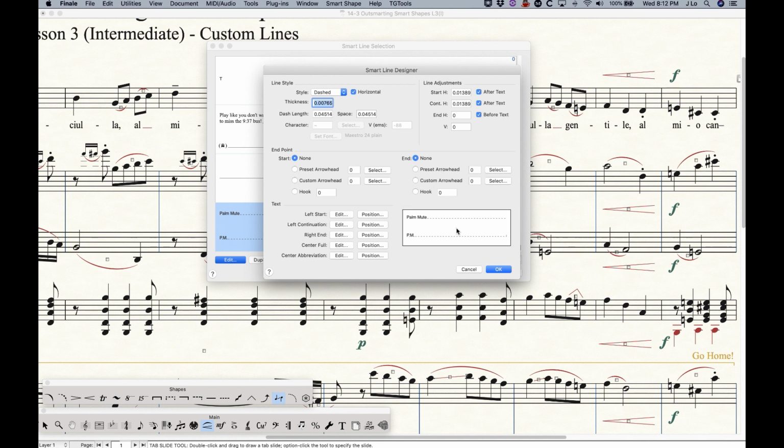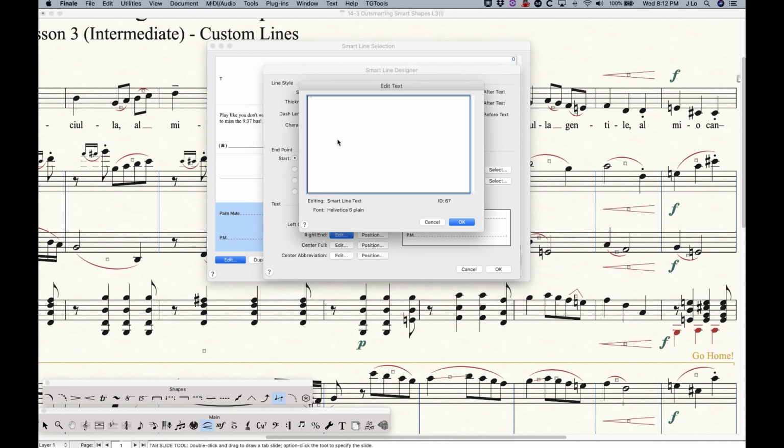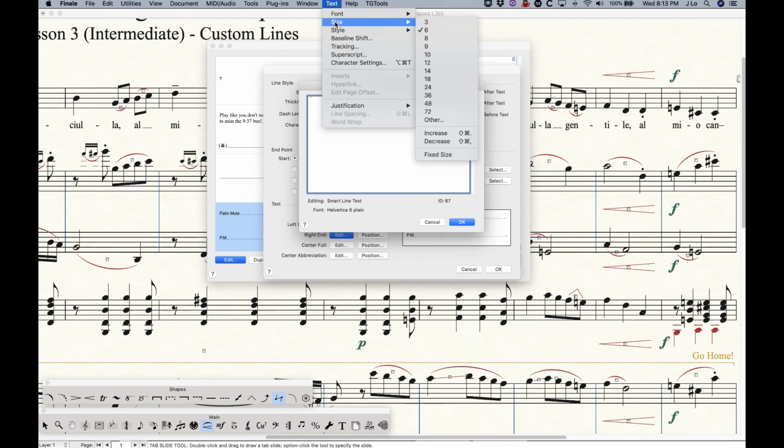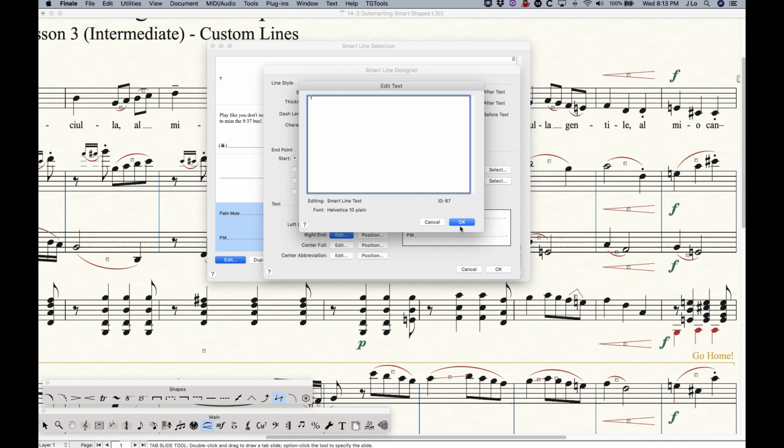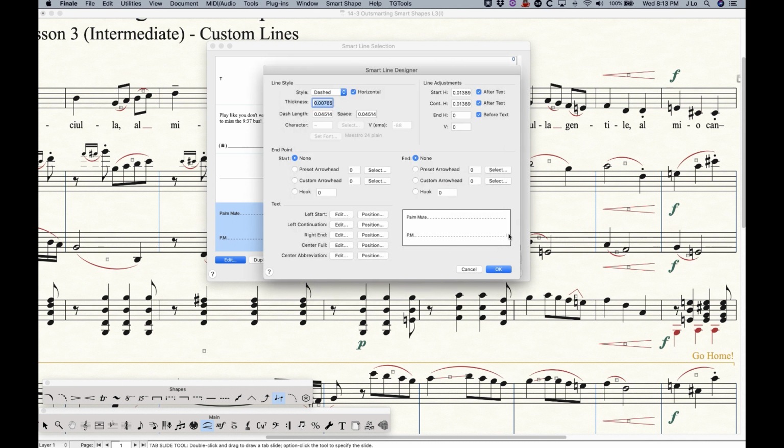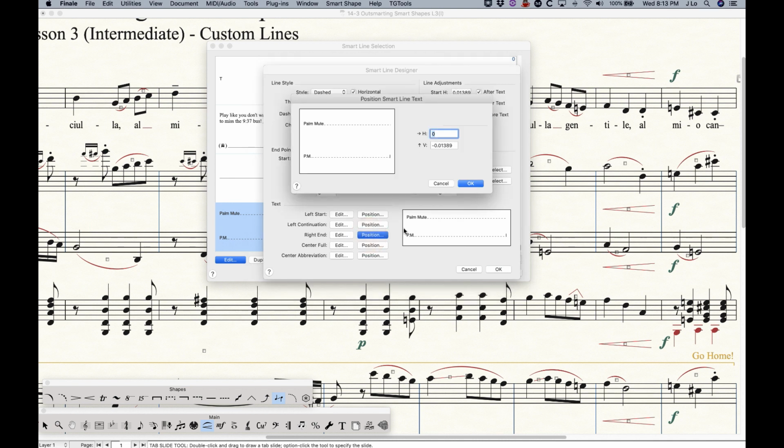And interestingly, what some of these custom lines do, instead of using a hook, as you can see, they actually use a right end character. So if I edit the right end, it's really hard to see, but there is a character there. And what it is is Helvetica 6 plain. It's an upright line character. And what I can do is actually change the size of that a little bit. So let's go to size 10. Okay, so now you can see that hook is just slightly larger there at the end, and then we can change the positioning